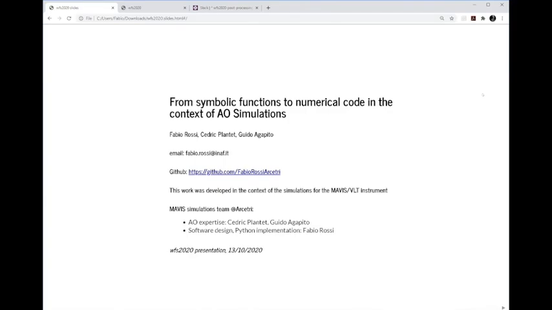Okay, so this talk is really about software development, and it's about an approach that we put in place in the development of asterism selection for the NGS system for the MAVIS VLT instrument. It's actually an approach which you could use for any numerical code you want to develop in Python. But it's true that it came